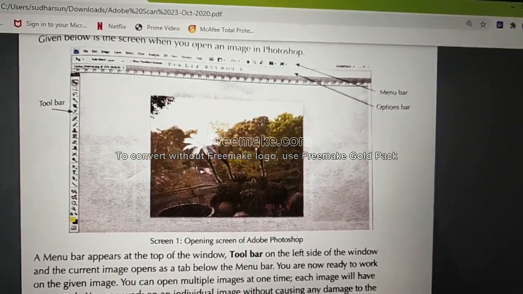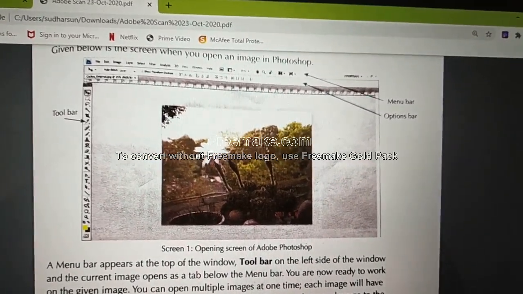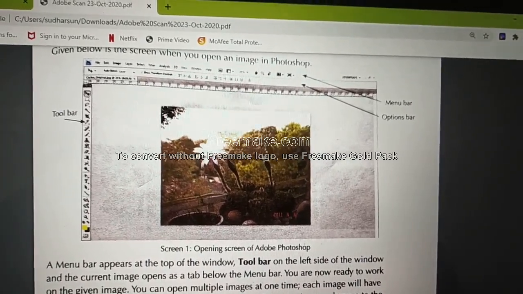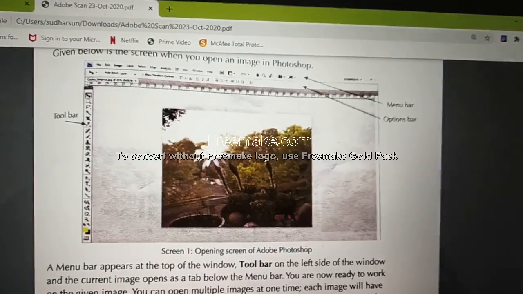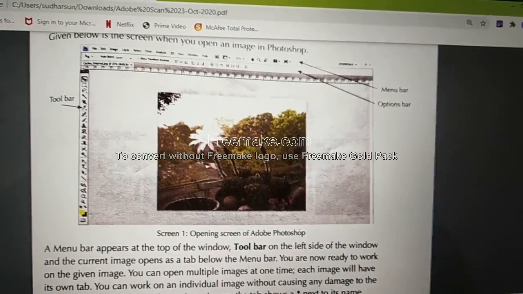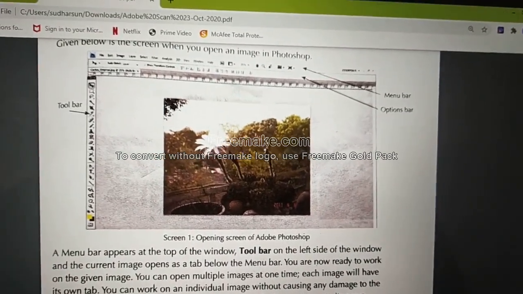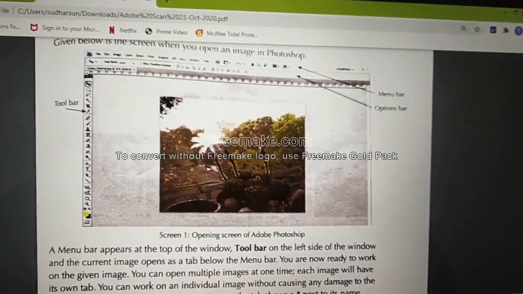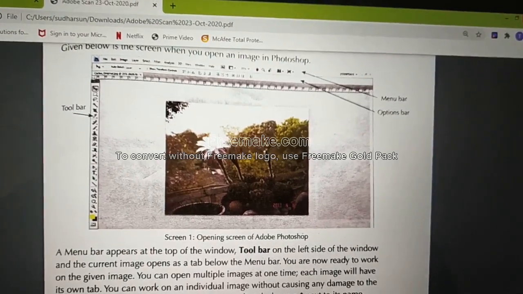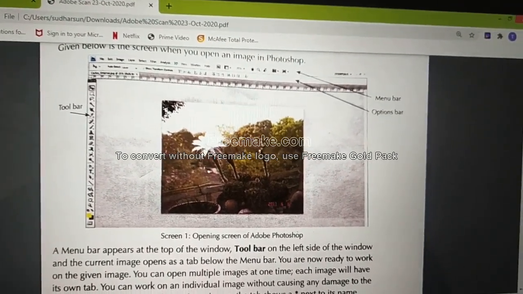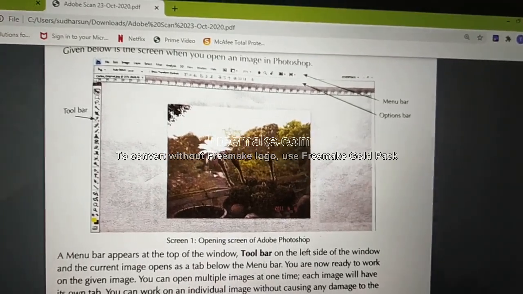That's all, students. First see this video. After this video gets over, don't stop. Go to the next video and see the YouTube video. Only then will you understand the class, else it is a waste of time. First see this video, then the YouTube link will be below. Go to that link and see the practical video. If you have Photoshop, work in it. If you don't have it, just leave it. If the school reopens, we'll see it practically.